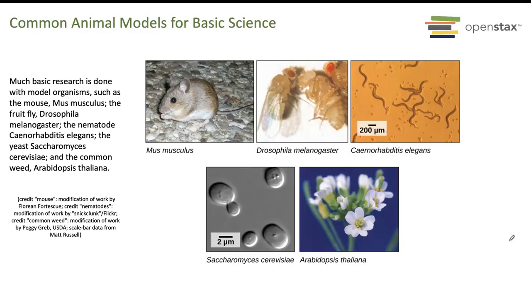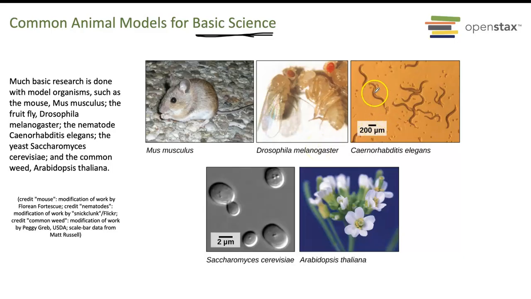These are some common animal models for basic science. Remember, basic science, this is the one where you have a lab scientist, they're just trying to answer a question. They're doing a lot of research, and then sometimes they need to use animals, right? And then see if the first step is to test in animals, the second step, maybe larger animals, and then humans. So a mouse,